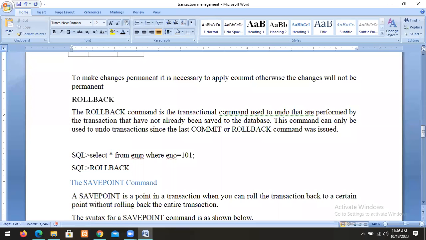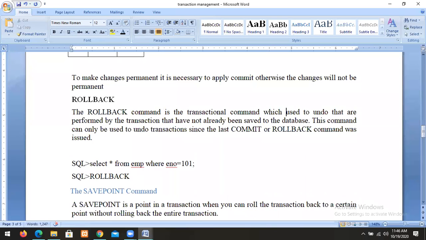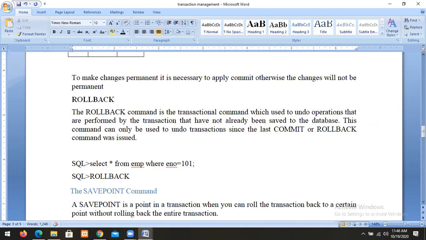The rollback command is a transactional command which is used to undo the operations performed by the transaction that have not already been saved to the database.